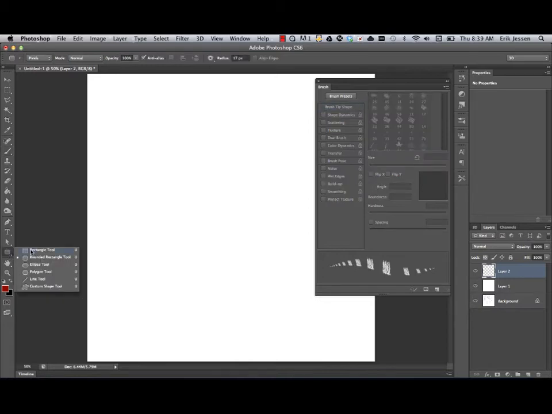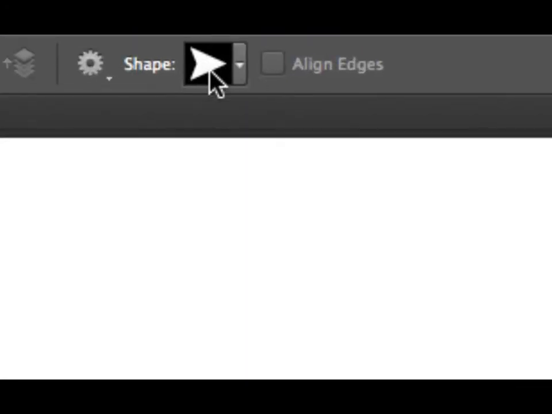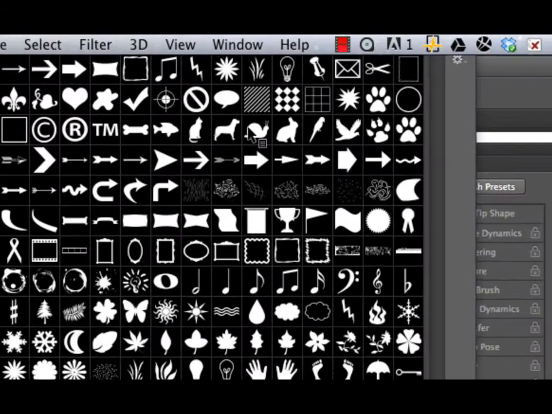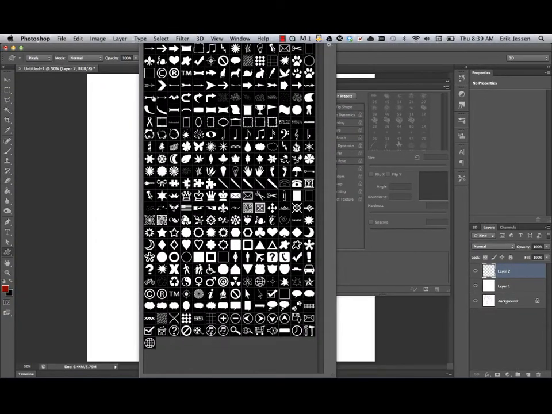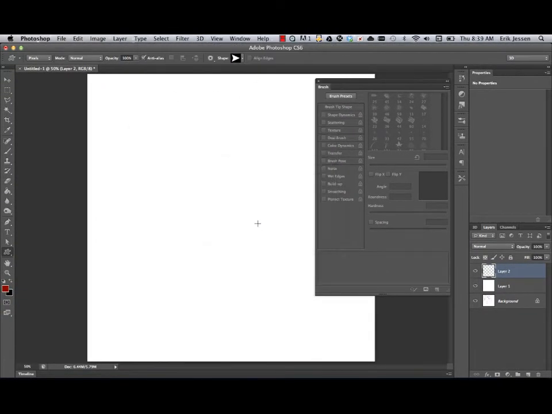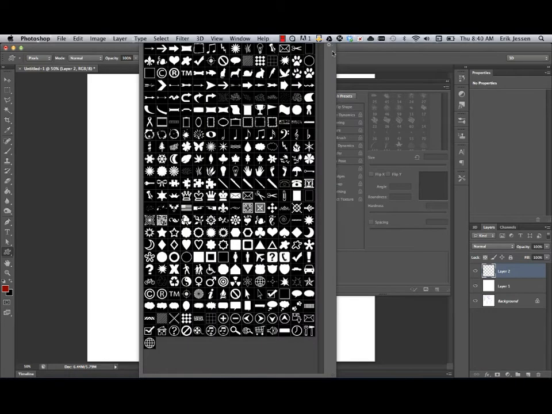I'm going to come to my shape tool. And under your shape tool, you have a custom shape drop down. So go ahead and hit that. Custom shape. And if you look at the very top, you have that shape drop down. That's the shape I'm on right now. If you click that, you should have something that looks like this. And if you don't, I believe you can hit the little gear icon and you can kind of load in